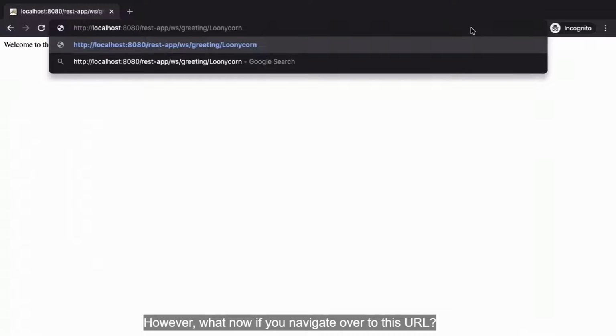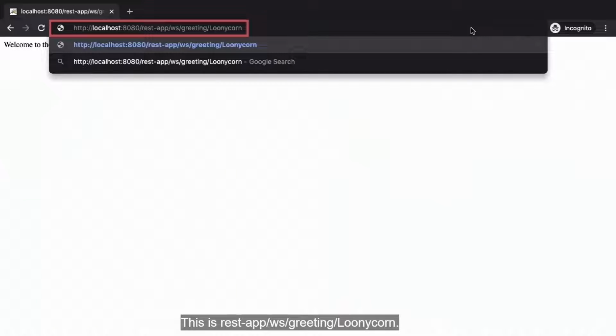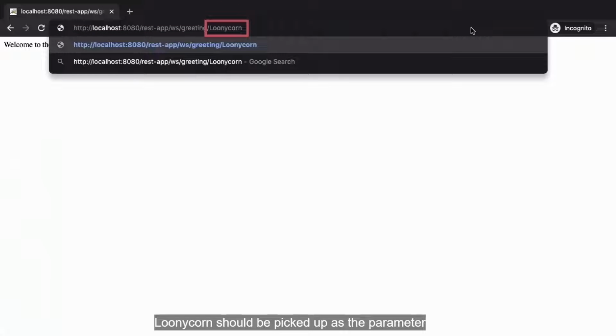However, what now if we navigate over to this URL? This is restapp/ws/greeting/Lunicorn. So with this, Lunicorn should be picked up as the parameter by the overloaded myGreeting method, and we should have a new string returned to us which includes the Lunicorn name.